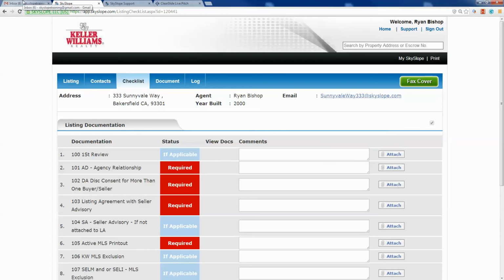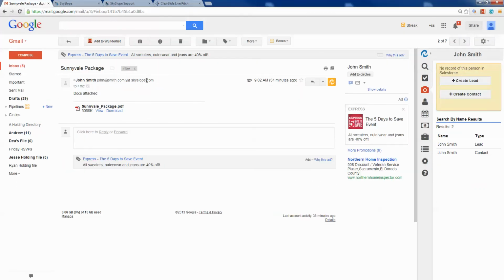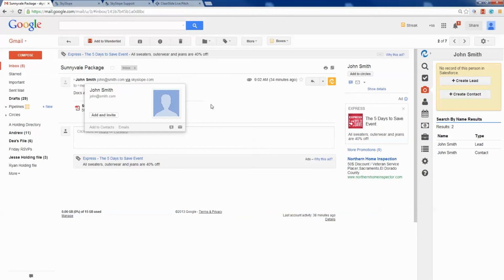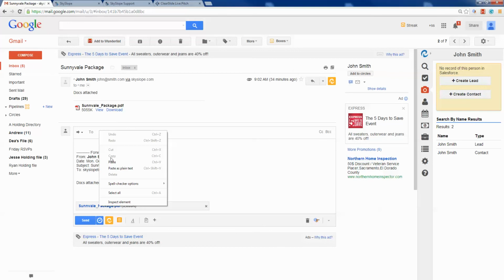Next thing I'm going to do is I'm going to open up my email. Now I know everyone has their own specific email that they use. In this case I happen to use a Gmail. So here I can see from John here, I've got a listing package for our property here, and it's attached. You don't have to print it and separate it. You're just going to take the whole package and you're going to take the email and you're going to forward it to that property email address like this. Paste